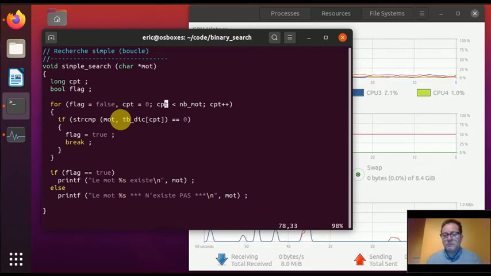We're gonna do that and set up a flag to false. If the word does not exist and we go through the dictionary, we never found it, the flag will be false. So we're gonna write to the user, the word blah blah blah does not exist. But if the word exists,